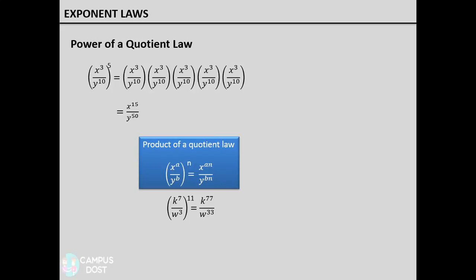Now, to simplify this power of a quotient, we first rewrite x as x to the power 1. Then we multiply the outer exponent 3 by the exponent in the numerator to get x to the power 3. Then we multiply 3 by the exponent in the denominator to get y to the power 18. Now, the next two laws are extensions of the first two laws.